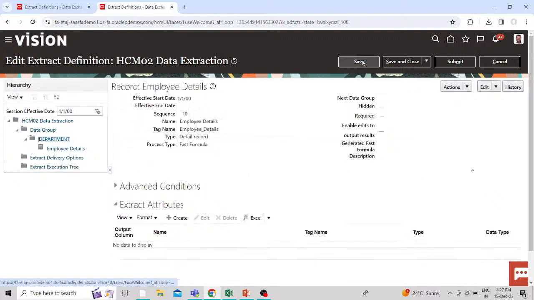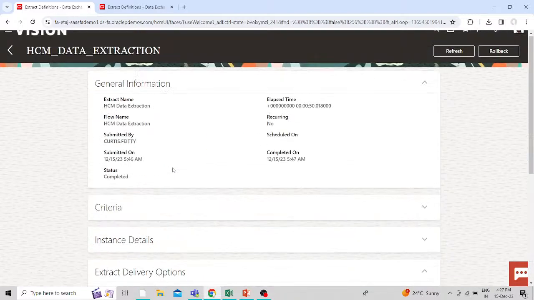Then save this. Now this action button is enabled. Click on this and generate the fast formula. Okay, then you can copy this and